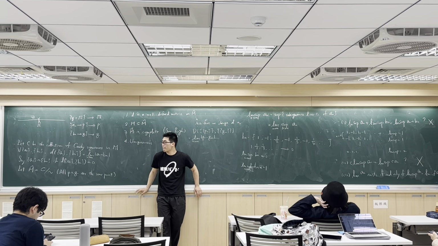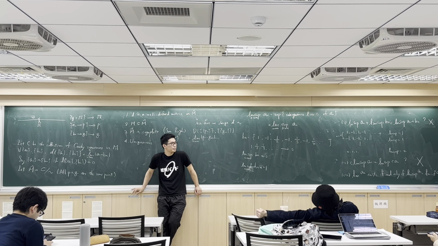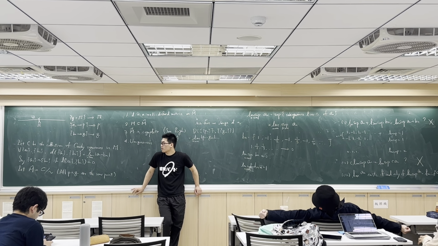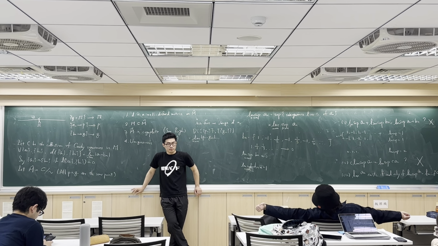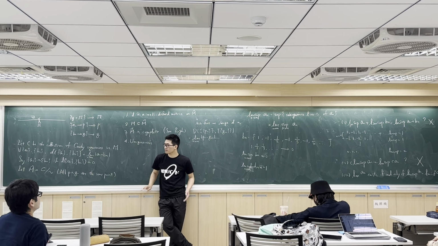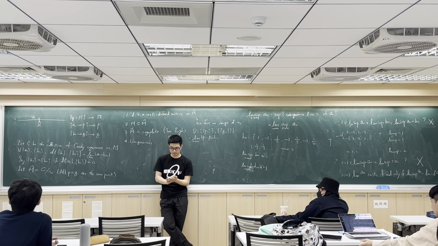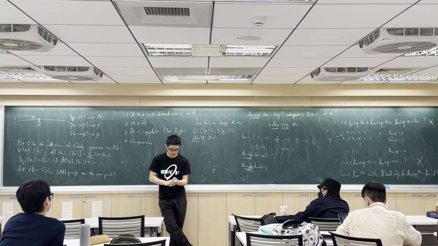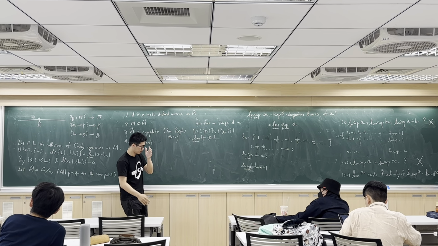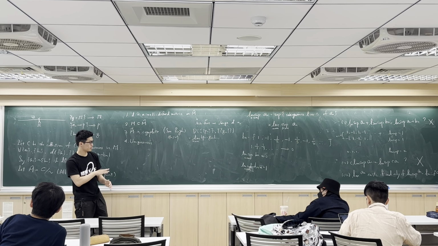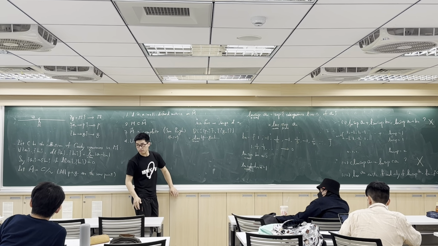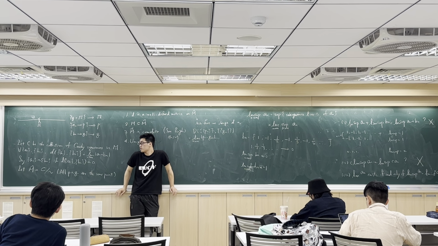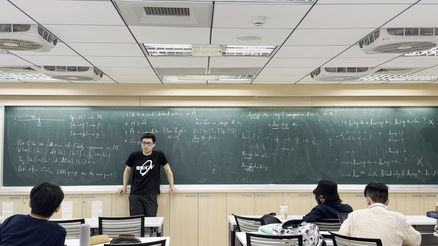So why limit sup and limit inf are important is because when we're thinking about limits, we're thinking about controlling it from two sides. But when we're thinking about limit sup and limit inf, we can do that separately. In some cases, dealing with two sides simultaneously is hard, but one side is not that hard. So you just say, okay, limit sup equals this one, limit inf equals this one. So limit sup equals limit inf and